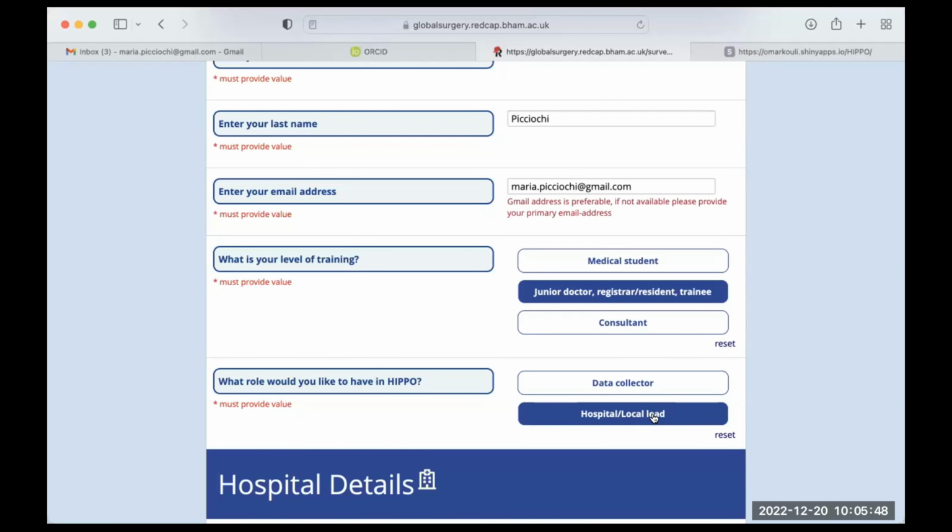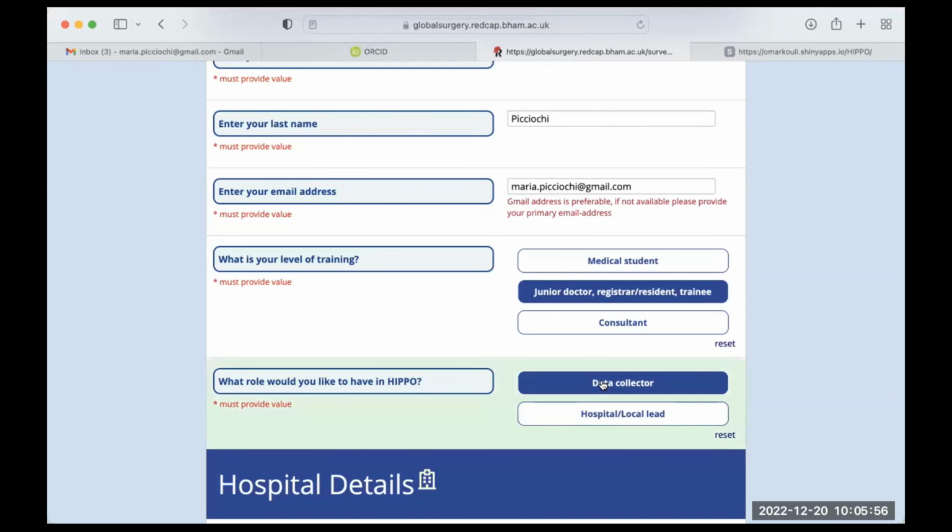However, if you think you will not be able to be in that role, then you should register yourself as a data collector, and should try to identify within your colleagues any consultant that would like to be the hospital lead. So they should also register as hospital leads for the same hospital.